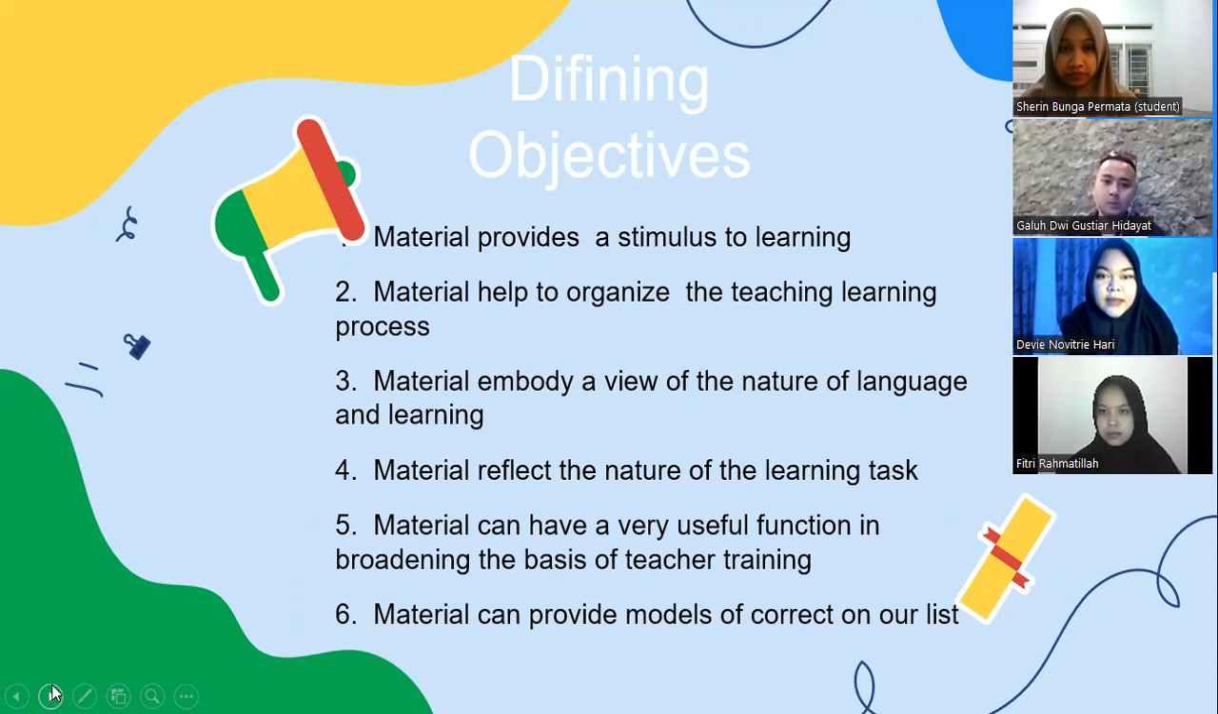So as you can see, the first material is defining objective. What are materials supposed to do in defining their purpose? There are several functions. Number one, material provides a stimulus to learning. Good material does not teach. It encourages learners to learn, and good material will therefore contain